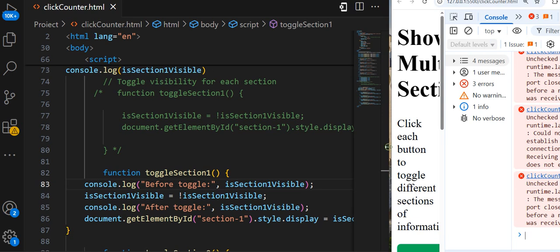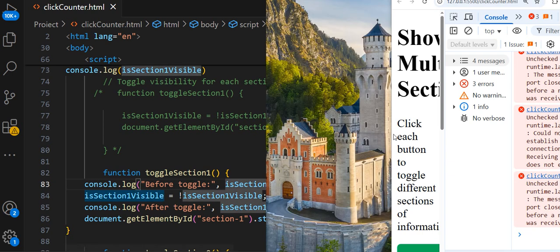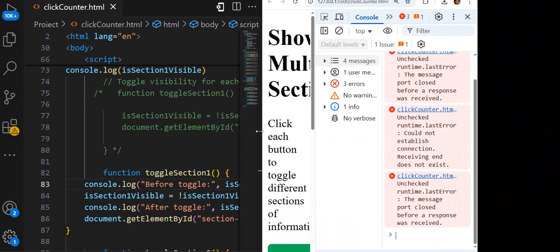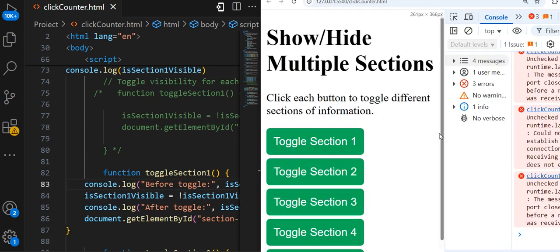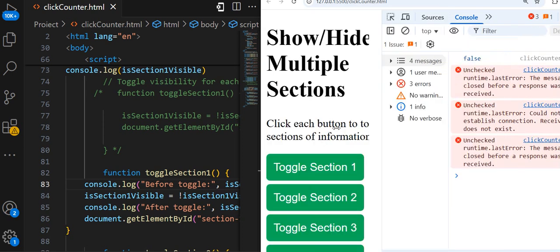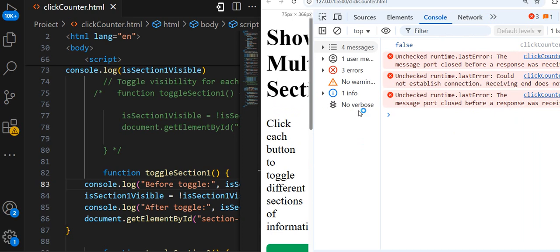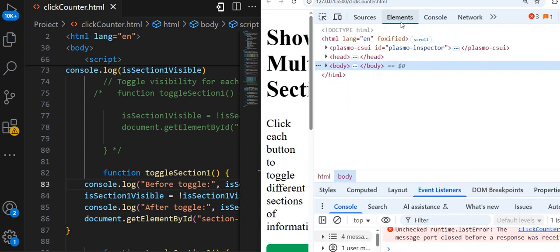I will make this smaller, and I will make this greater. Okay, for messages, element. Okay,